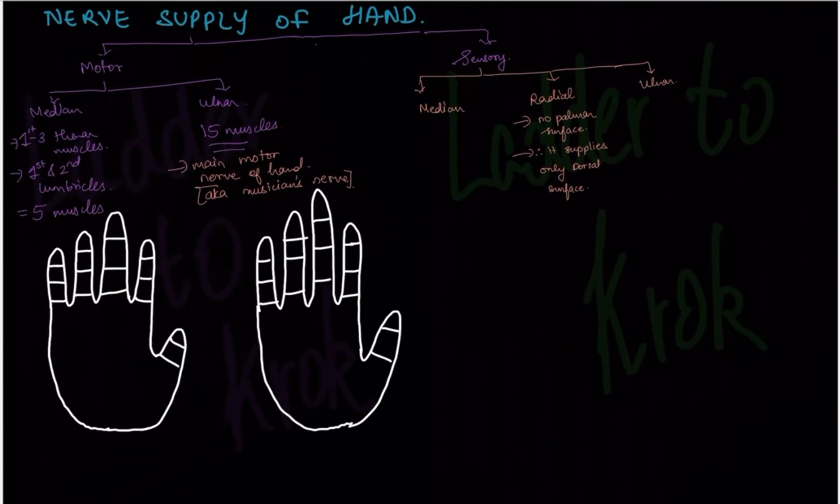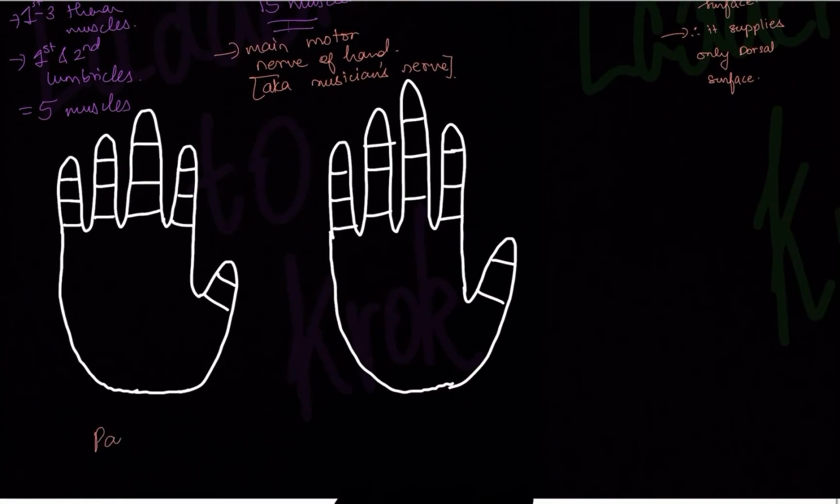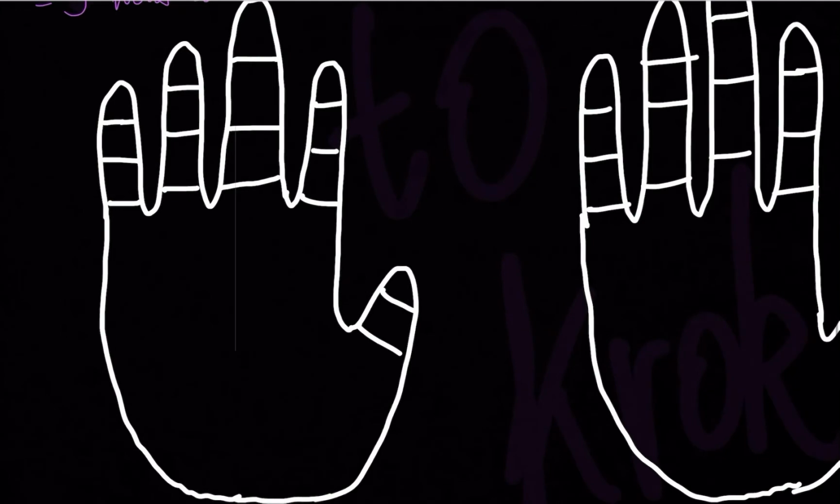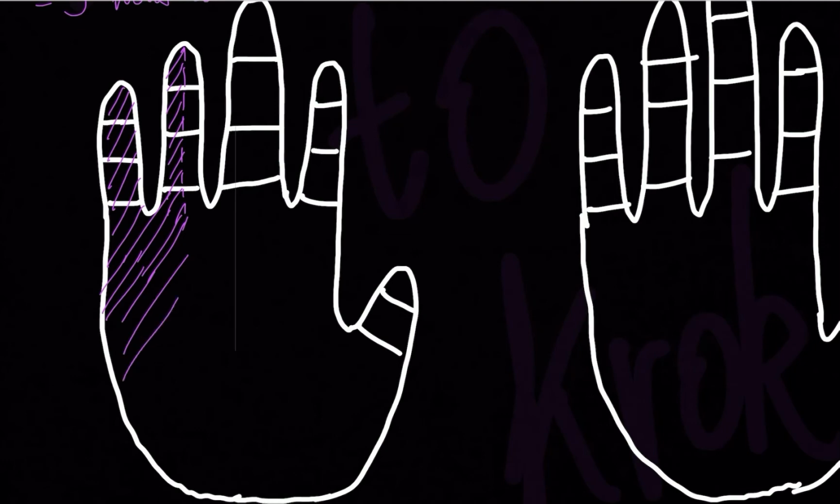Now let's look at it in the picture. This is the palmar surface. This is the dorsal surface. First look at which nerve supplies where in the palmar surface, starting with the ulnar nerve. Ulnar nerve supplies your little finger and half of your ring finger. This area is supplied by your ulnar nerve. So this color was for the ulnar nerve. You can draw different diagonal lines, straight lines, horizontal lines and divide them, or you can give them a full shade.